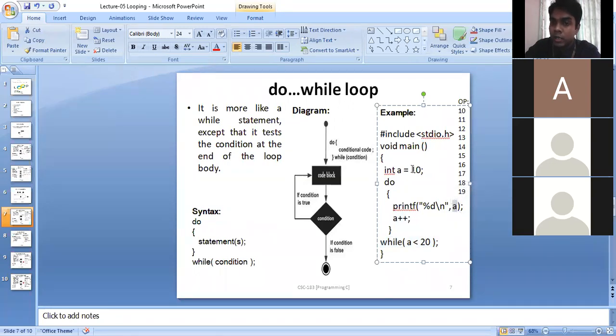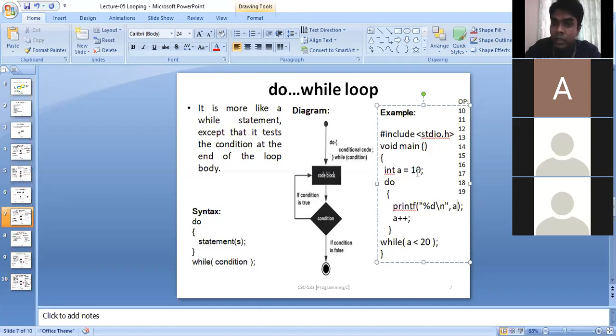It will not check. You can see here initialization first, then we are executing the body. Here what we are doing, we are printing something, isn't it? At first it will print what? 10, but before printing 10, will it check any condition or not? Okay, I'm going to print this 10 first, isn't it? So before printing 10, will it check any condition or not? It will not check any condition.